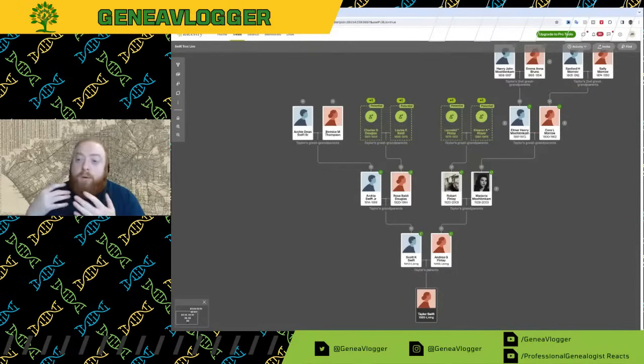And so let's say you get a cluster where it's all people where you don't know how any of them are related. Well, what you're going to need to do then is build out their trees and figure out how they're related. But if you have 5 different people that you have to build out their trees for, and you take the time to go through each person to do a full Genealogical Proof Standard of exhaustive research, going into every single contradiction and all that stuff and coming up with a final conclusion for each single person, then it's going to take a long time just to build each tree. And so what you need to do is build the trees quickly.